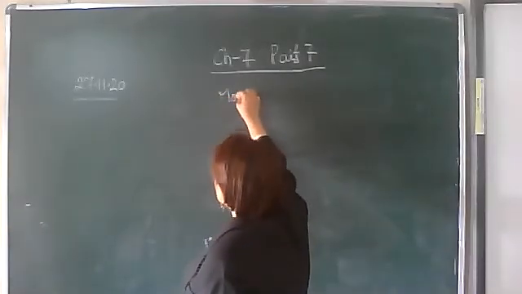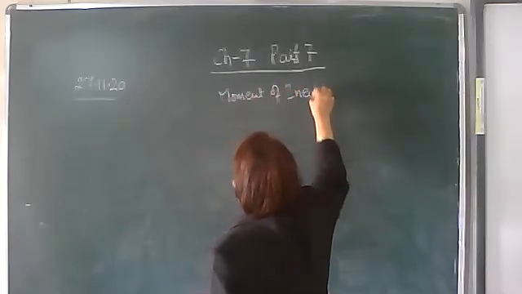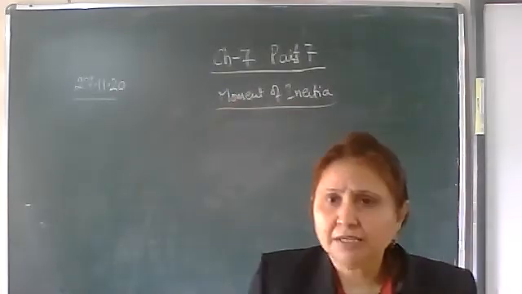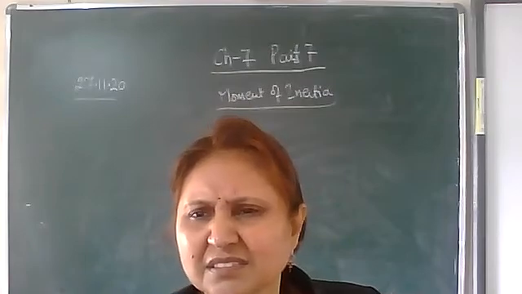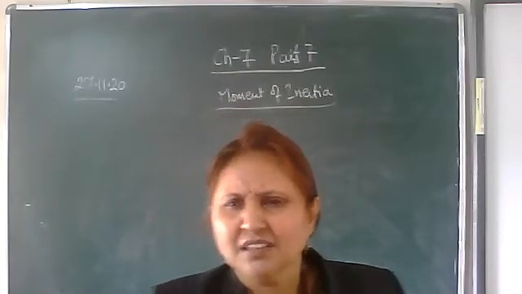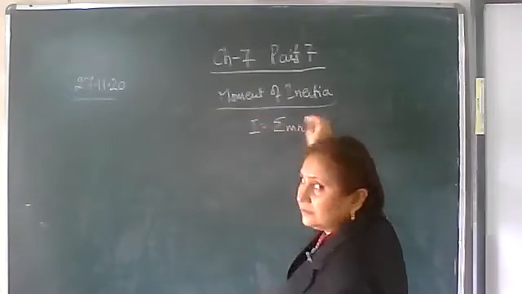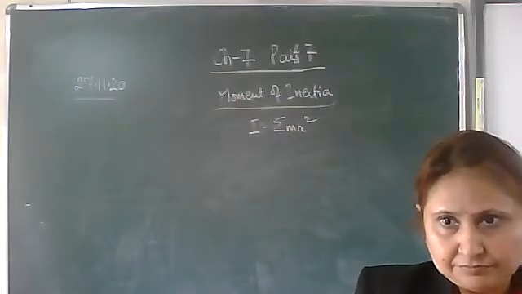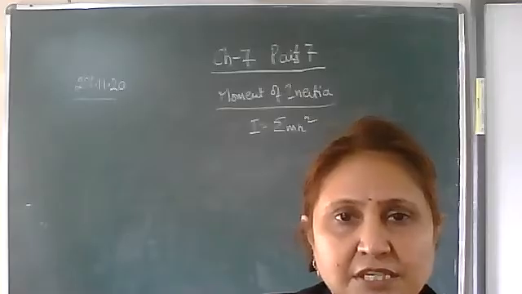So, now let's continue. It is represented by I. I is equal to summation of m r square. This we call moment of inertia. Now let's discuss radius of gyration.